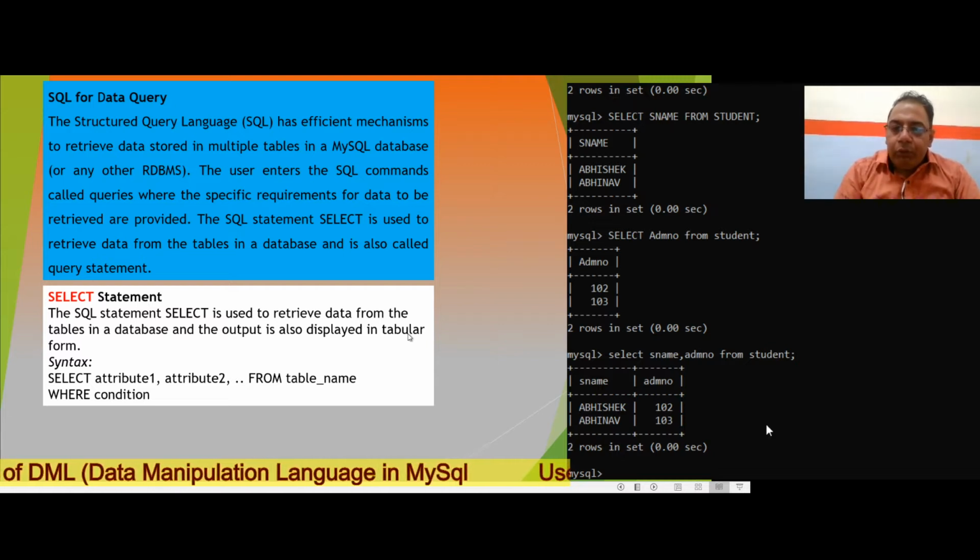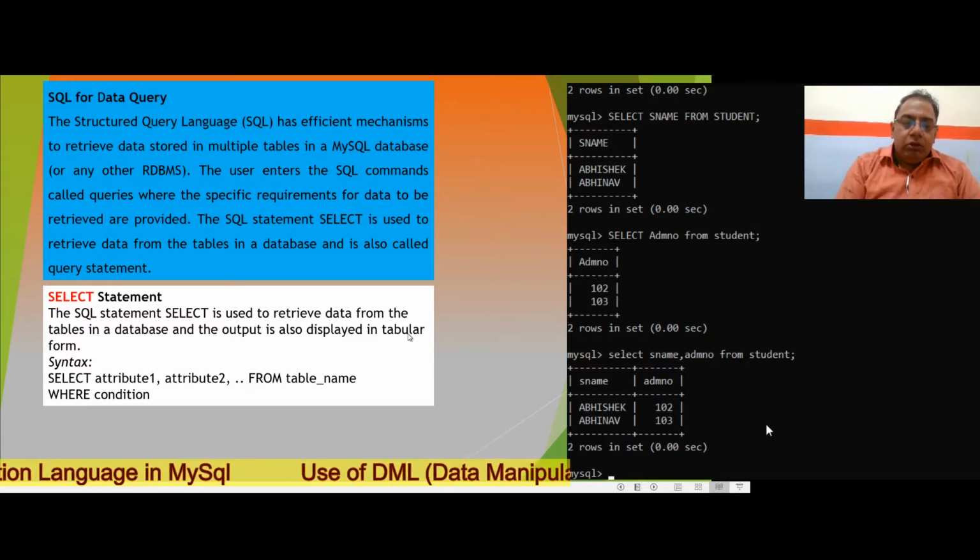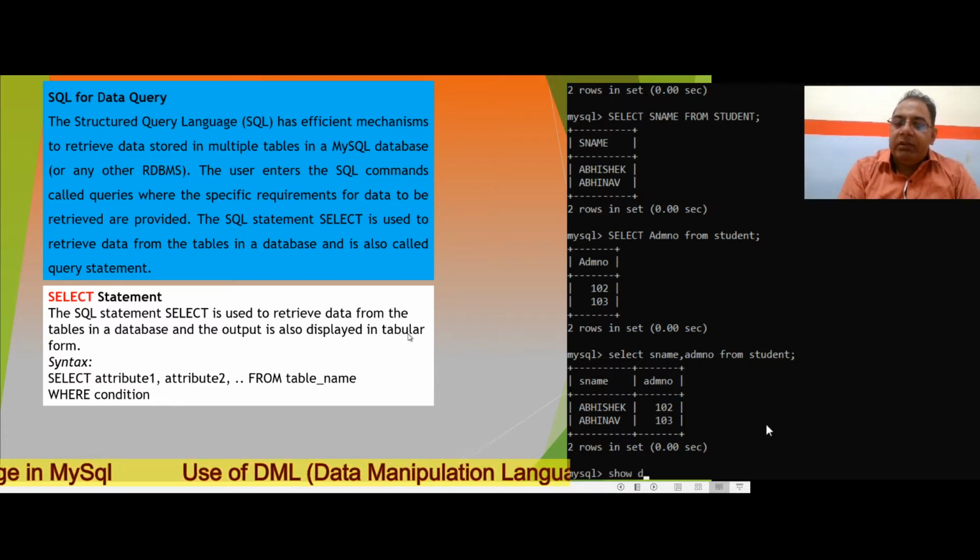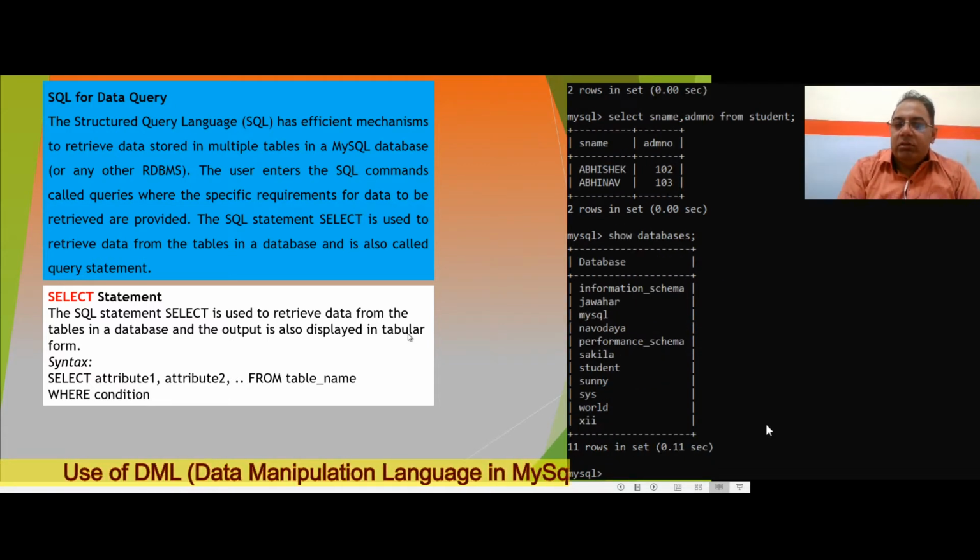Now this is a small table, but I want to work with a table with a large volume of data. For the same, I will choose a different table. To do so, first of all, I will change my database, and to get the database, I will first display the list of databases.